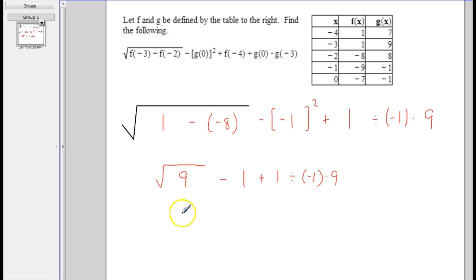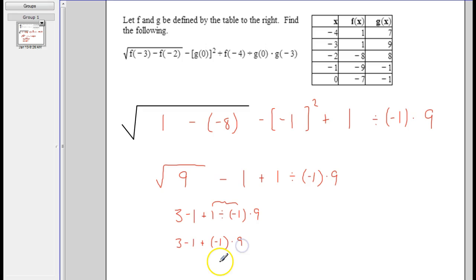Alright, the square root of 9 is 3. So I got 3 minus 1 plus 1 divided by -1 times 9. Remember, in the order of operations, we don't just work left to right. We have to do the operations in a specific order. So division and multiplication are our next operation. So I'm going to divide 1 divided by -1. So that's 3 minus 1 plus 1 divided by -1 is -1